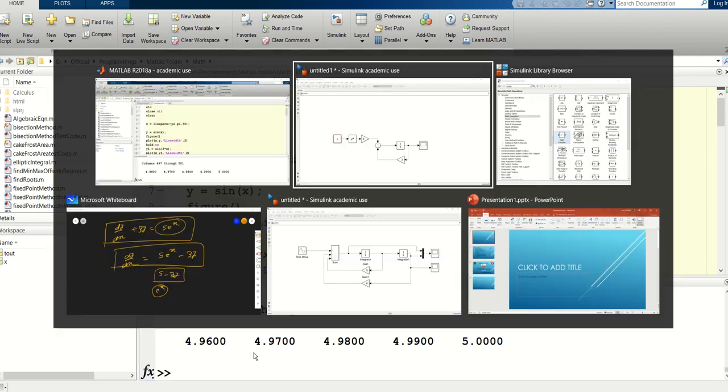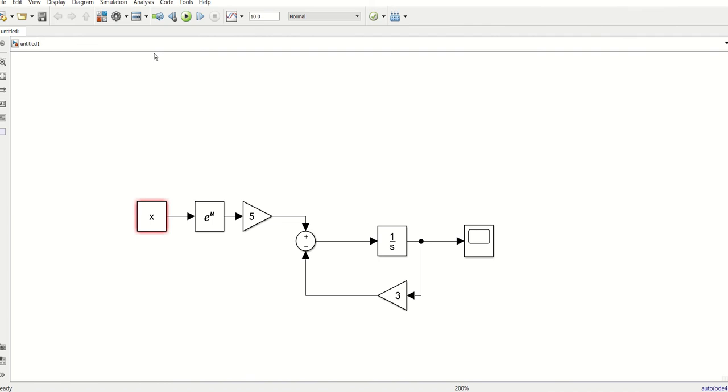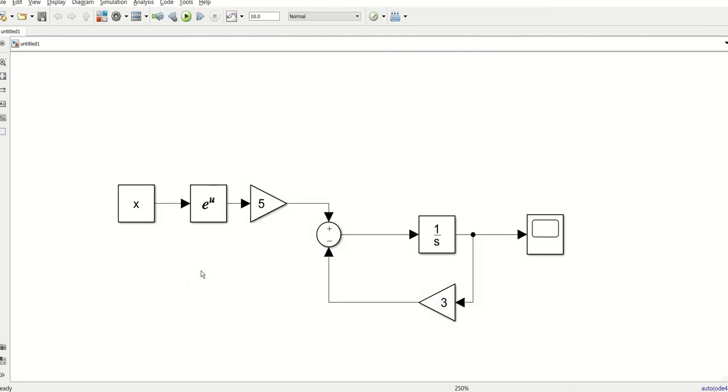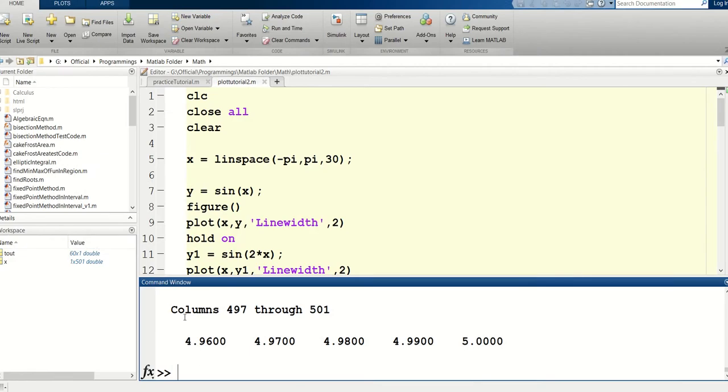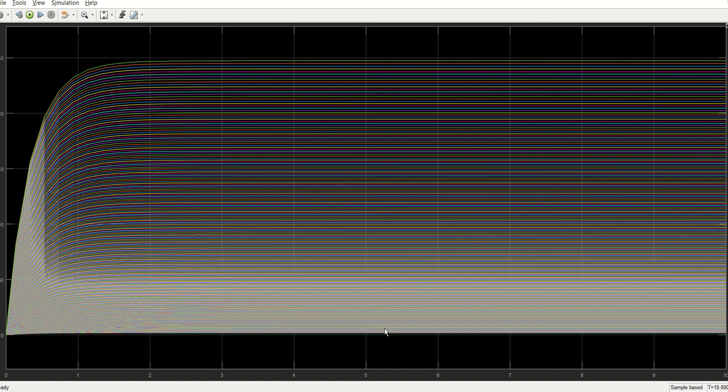Now these x values will be taken here. For that, just run it. It will give an error and we'll try to solve that error. If you see the output, it has not given any error, since it has taken the x values from the workspace, because the workspace has already defined that value.